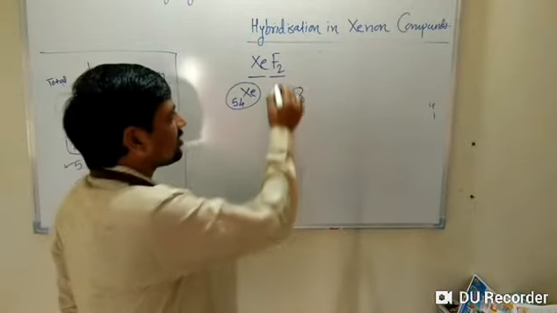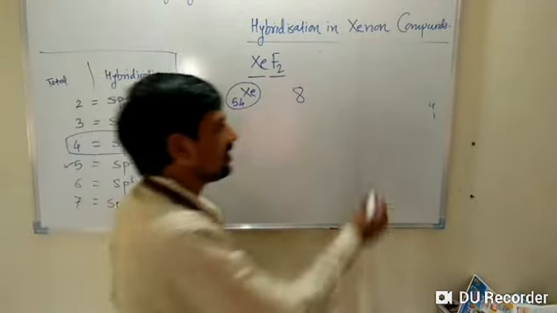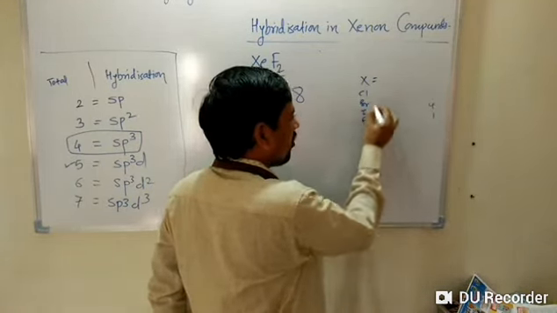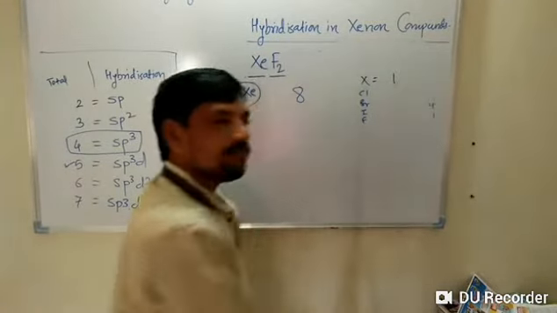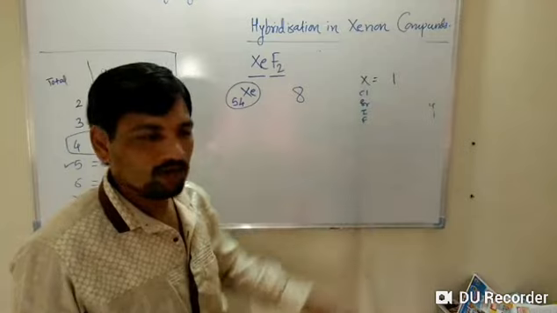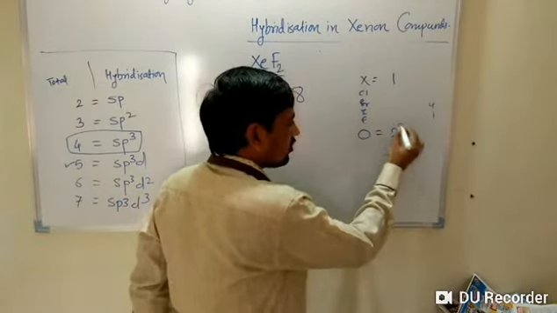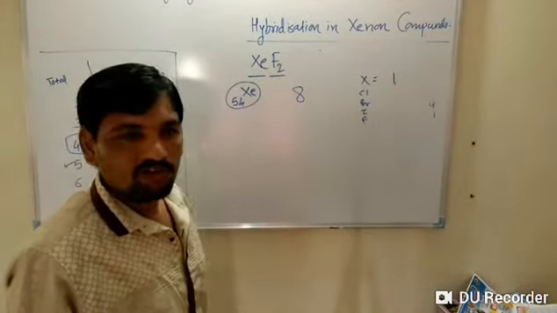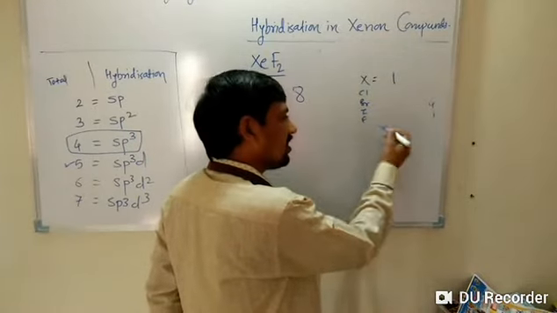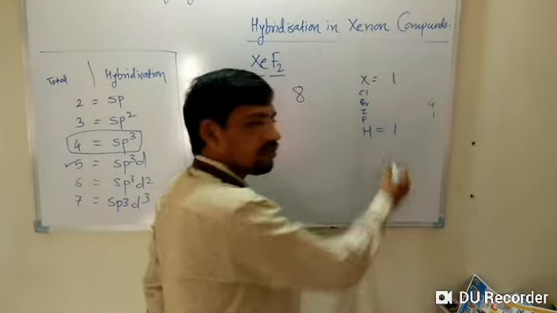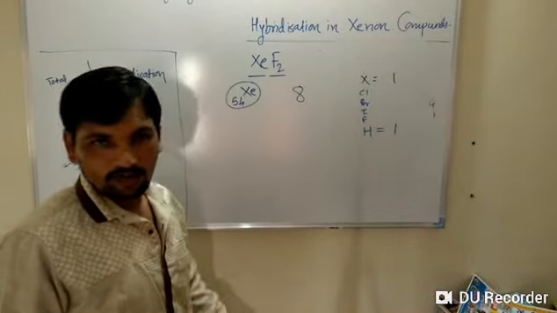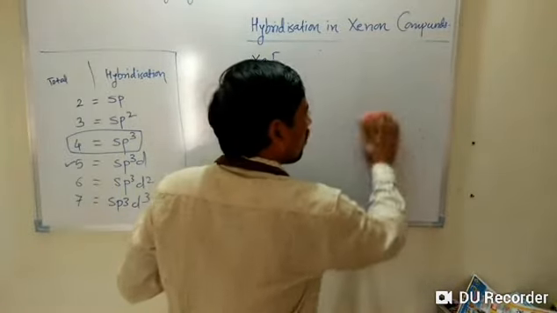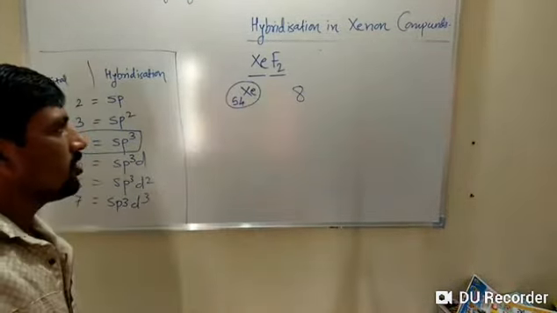So what is the valency of xenon? It is 8. And the surrounding atom is a halogen. Halogens means F, Cl, Br, I, all are halogens. If halogens are present, take 1 for 1 halogen, 2 for 2 halogens. If oxygen is there, then add 2, but in our trick, with oxygen, you have to ignore oxygen. If there is nitrogen or phosphorus, then 3. If there is hydrogen, you take 1 because the outermost valency of hydrogen is 1.